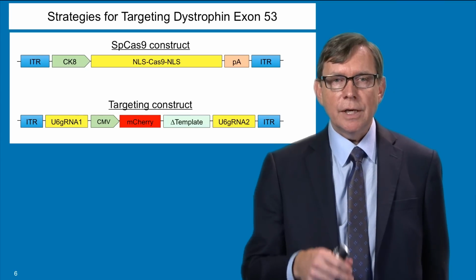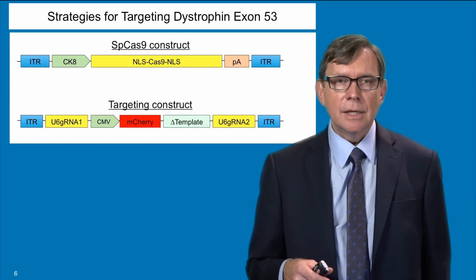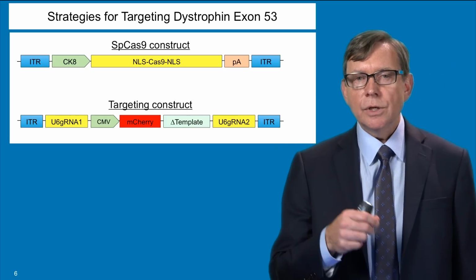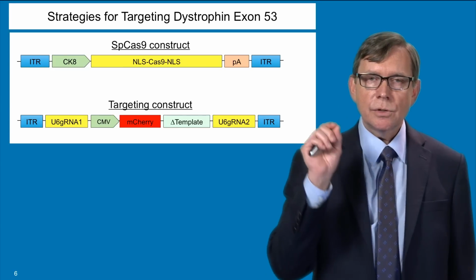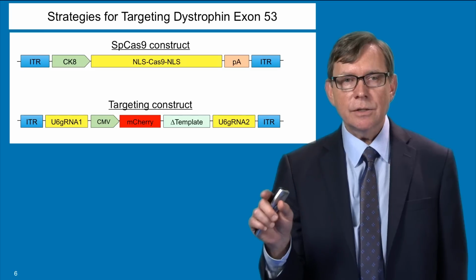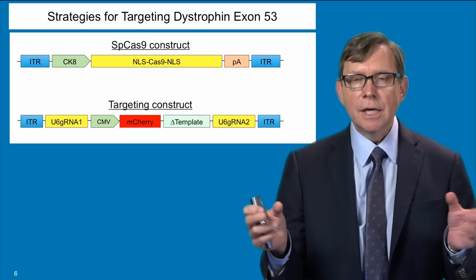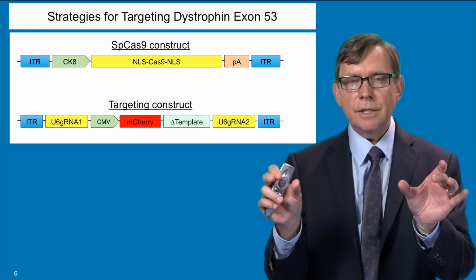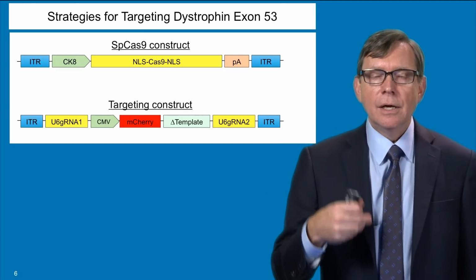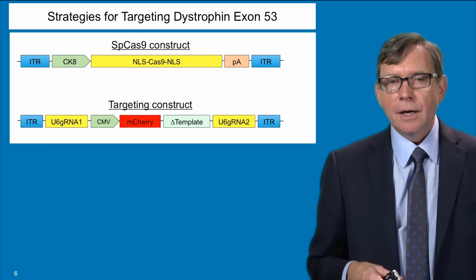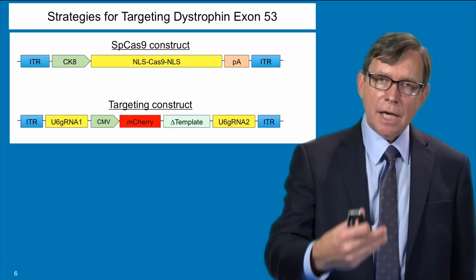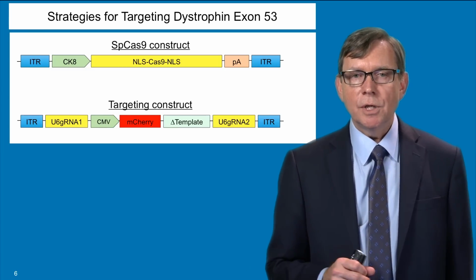So I've shown here two vectors. These are both AAV-based vectors. The top vector carries the Cas9 nuclease together with a nuclear localization sequence to make sure that it's homing into the nucleus where it has to do its work. Other components of these AAV vectors in blue are the inverted terminal repeats that are necessary for packaging AAV DNA into an infectious capsid shell. And in light green, we have a gene regulatory cassette, which is a muscle-specific promoter and enhancer element such that this Cas9 nuclease will only be produced in muscle cells.